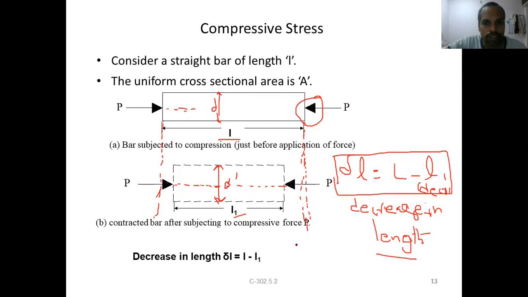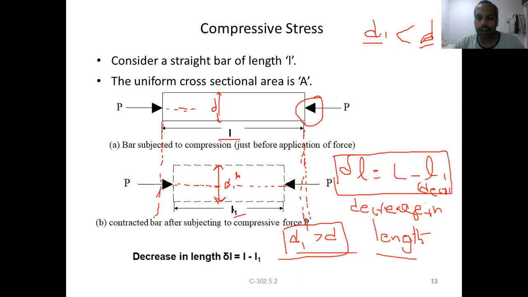In this case, it increases. So D1 will be greater than D, whereas in the previous one, D1 is less than D. Original dimension is more than, or after application of load, this dimension is lesser than the initial one. Whereas this one increases more. Of course, let us discuss it later on. There is a separate topic for that. Just to show the diagram, because we are already drawing the diagram, I want to show this one.